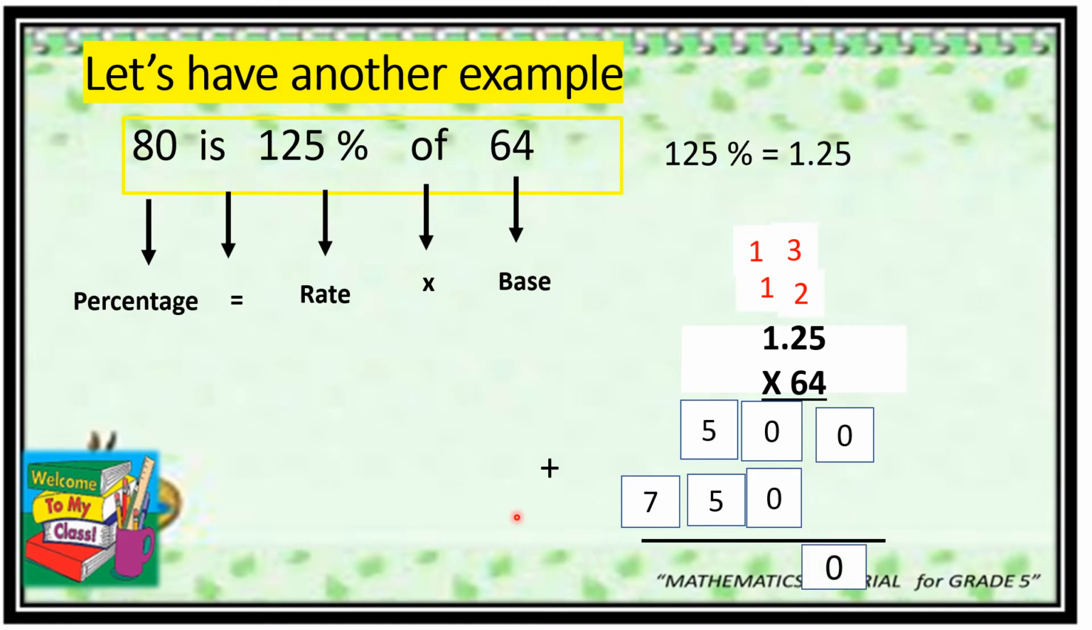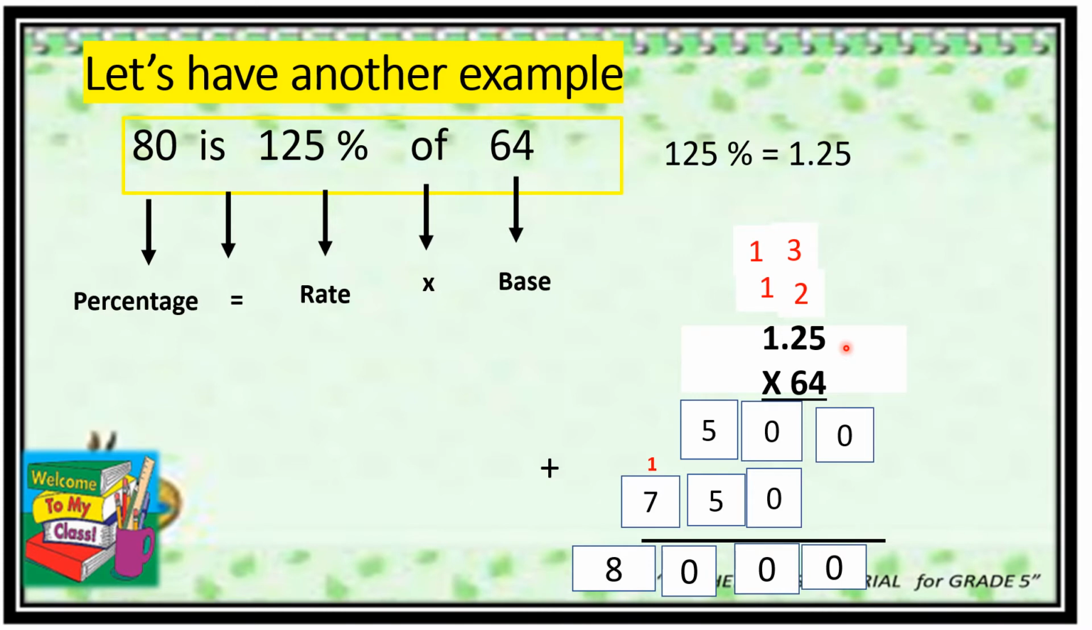So, bring down 0. 0 plus 0 equals 0. 5 plus 5 equals 10. Carry 1. Yun po ang 1 sa taas. Okay? 1 plus 7 equals 8. Kung mapapansin nyo, wala pang decimal point. Bago maglagay ng decimal point dito sa ating final product, count the number of decimal places